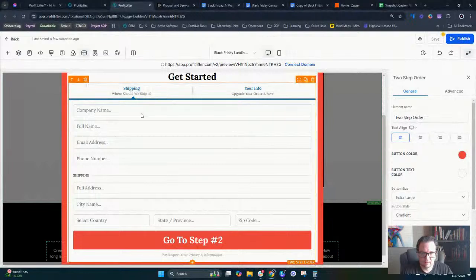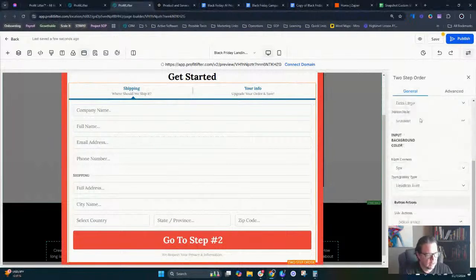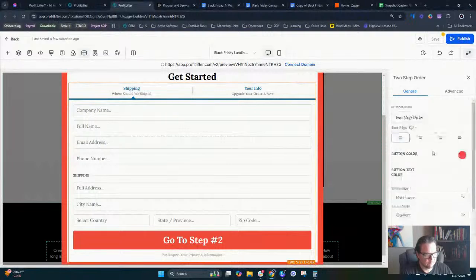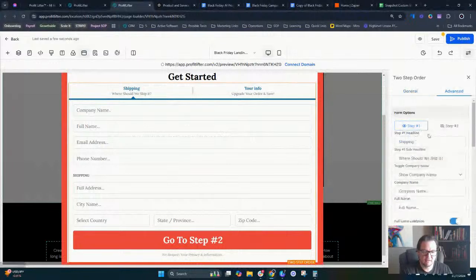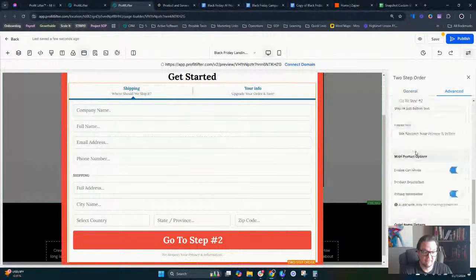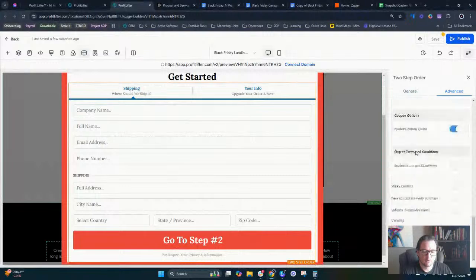All right, let's see what we're going. Okay, so the first thing, we've already looked at the first part. Extra large. We've got this going. We set it to the confirm phase. Now, before we jump into the advanced, because the advanced in your forms is really advanced and goes really deep,